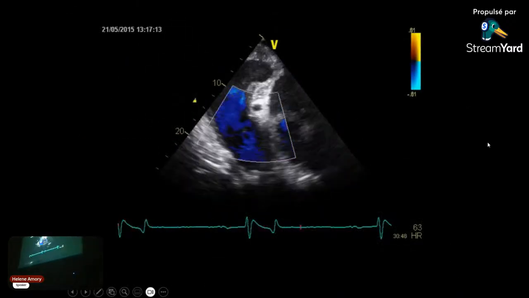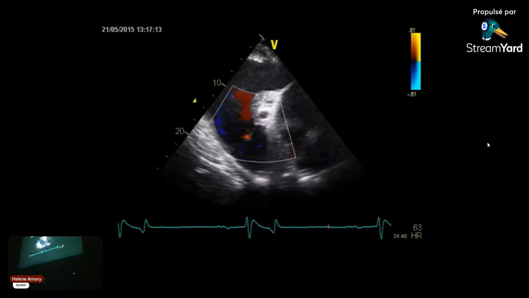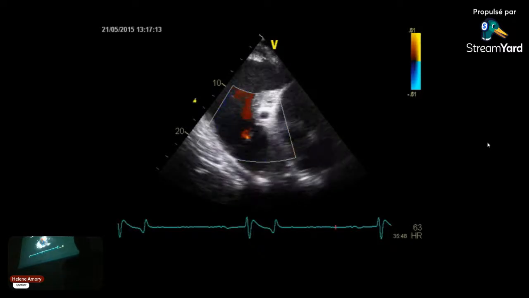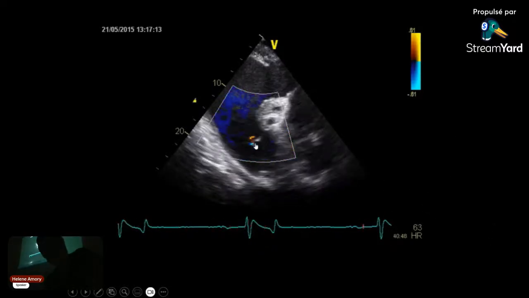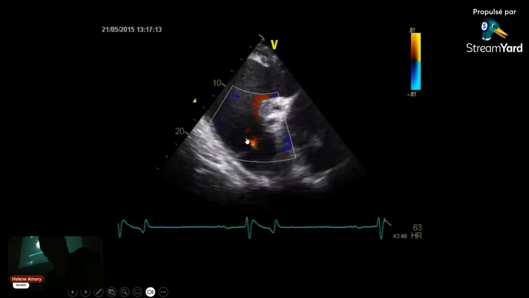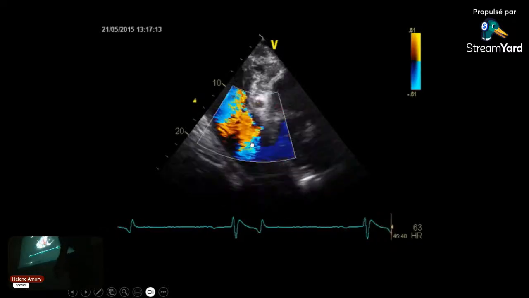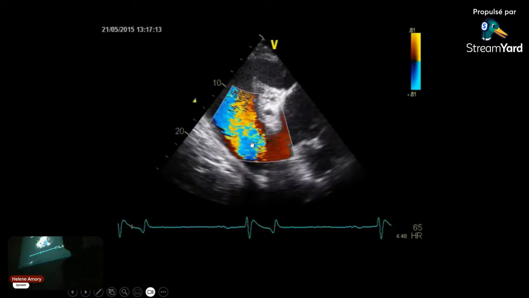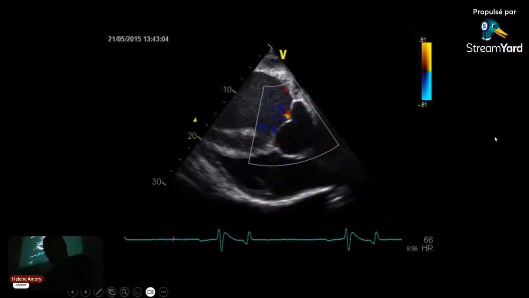This is the pulmonary flow. Do you see something normal? Yes, no? Try. There's just a very, very small insufficiency here during diastole. No. You see the small insufficiency? This is pretty physiological. Okay, this is not important, but because you do the Doppler, you see some very little things.